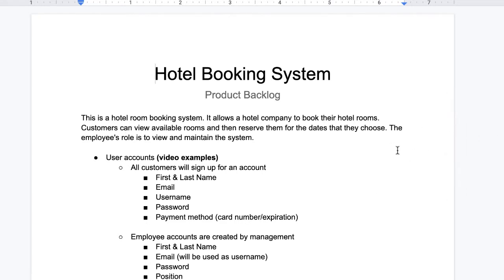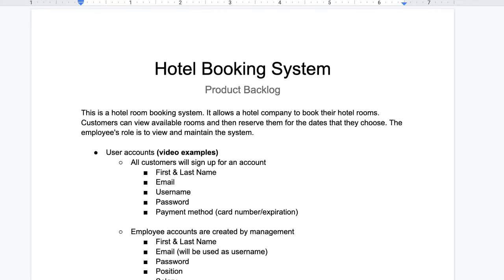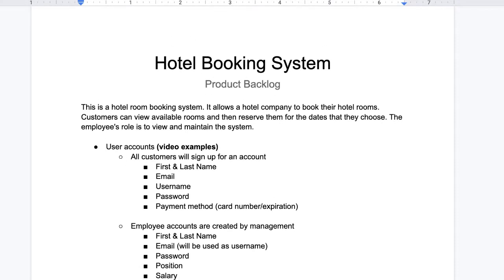It says this is a hotel room booking system, and it allows a hotel company to book their hotel rooms. Customers can view available rooms, then reserve them for the dates they choose. The employee's role is to view and maintain the system. So in this example scenario, we would be creating this hotel booking system and its design documents